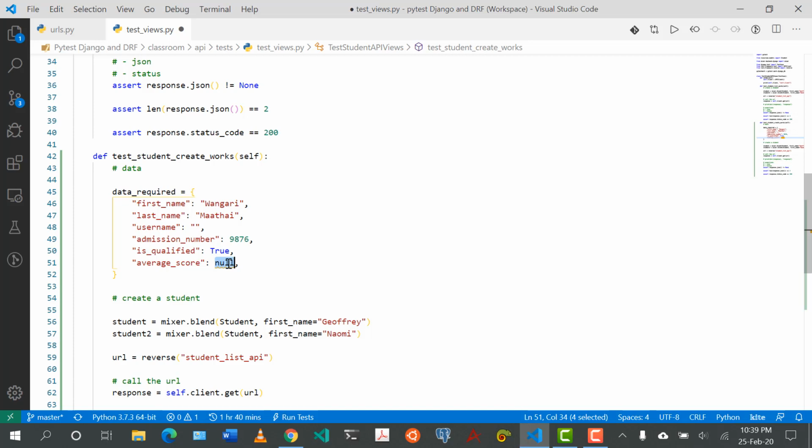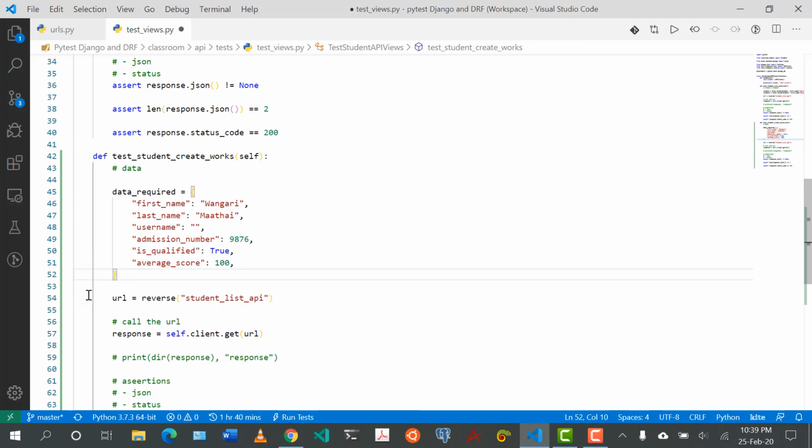Average score, I think we can put this one to be 100 because why not? Okay, so we have what the data required. So the second thing that we need, we don't need to create this. So we need to reverse the URL, and the URL we want to reverse is student create